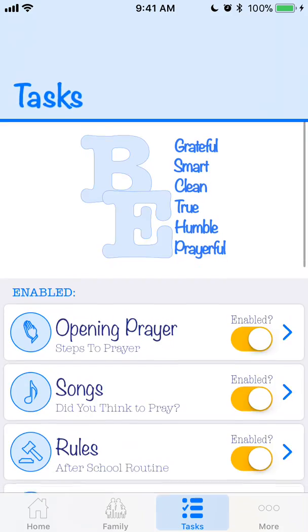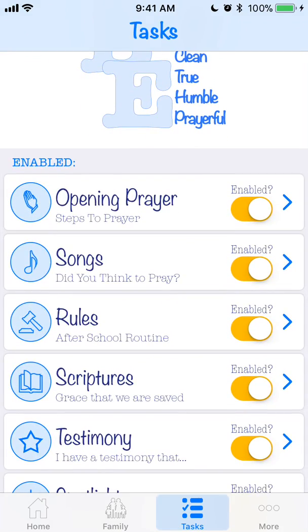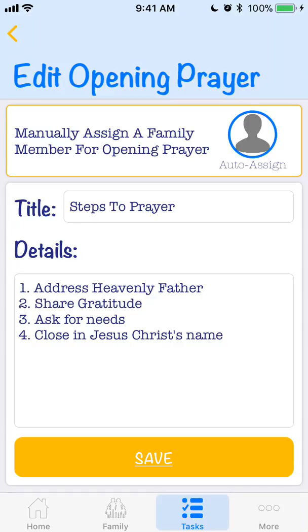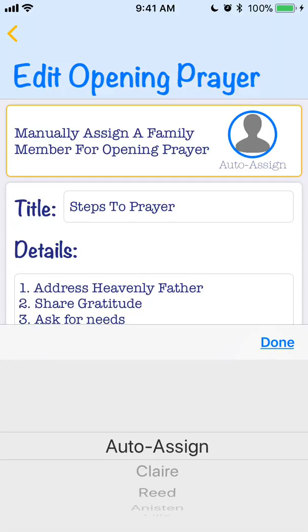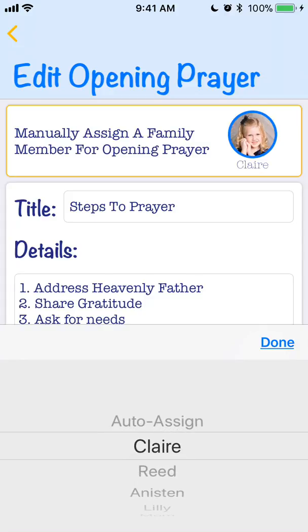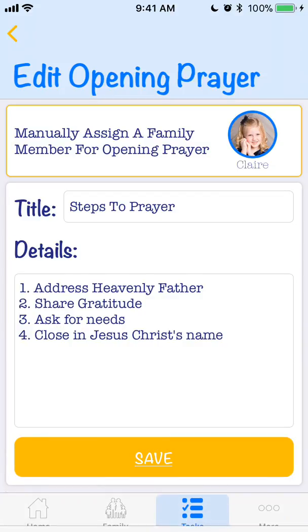And let's go through a couple of task details. So in tasks, I can select any of these rows. Let's start with the first one, opening prayer. By clicking opening prayer, I have three options. I can manually assign this to a family member. By clicking that top box, I can pick any of the family members that are attending and say, I want Claire to be assigned to the opening prayer. And if I hit done, now you can see her picture and her name,